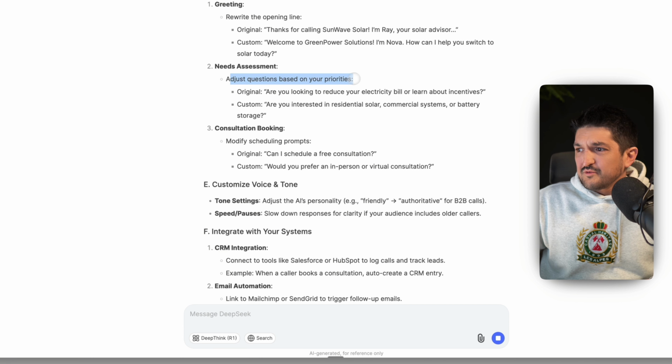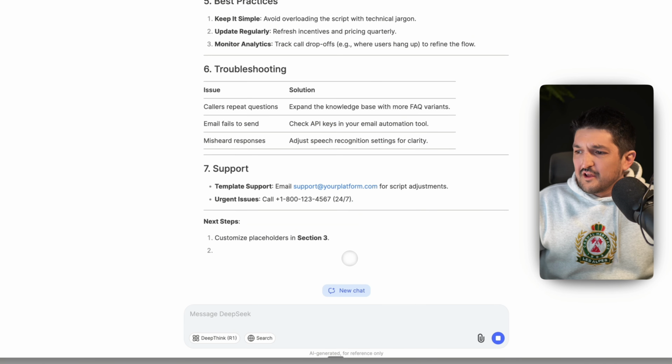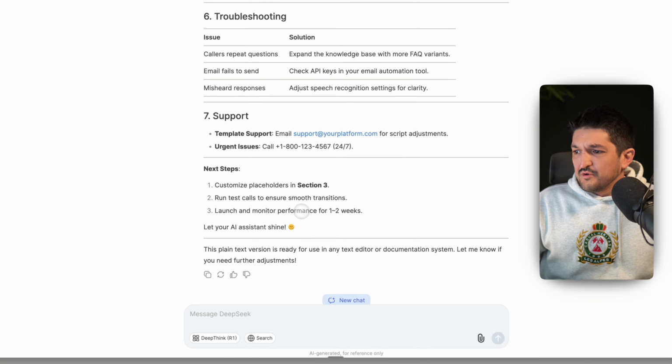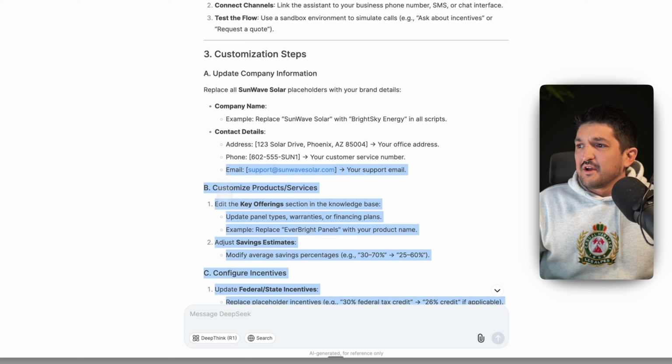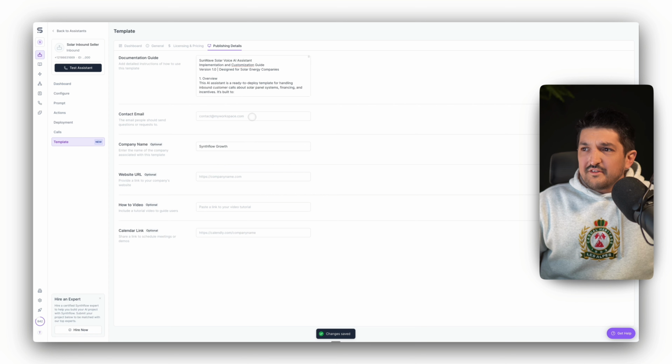Needs assessment, adjust questions based on your priorities, modify scheduling prompts. You get the idea. This isn't going to be bang on. You probably require some tweaking. This is just a live video, so you can go through and make sure this is exactly correct for your use case, but we're just going to paste this in to show you. Here we are. Contact email, we're just going to go